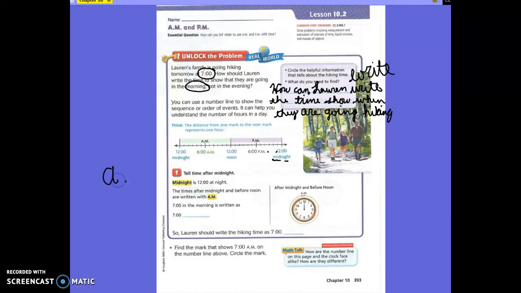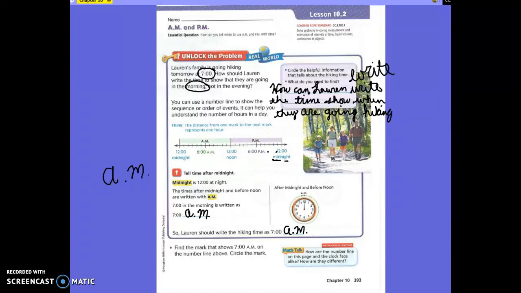It's just A dot M dot. 7 o'clock in the morning is written as 7 o'clock A.M. In the morning, it's A.M. After midnight and before noon, all these times are AM. So Lauren should write the hiking time as 7 o'clock